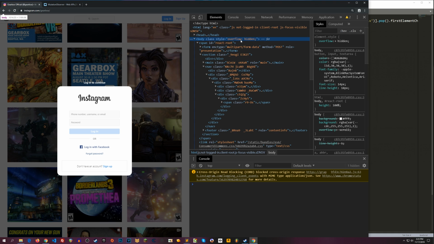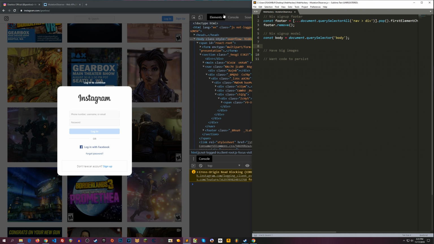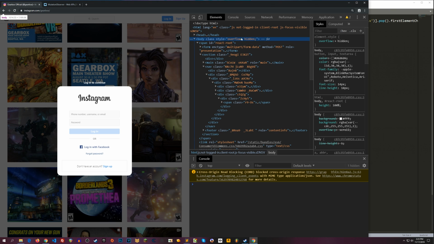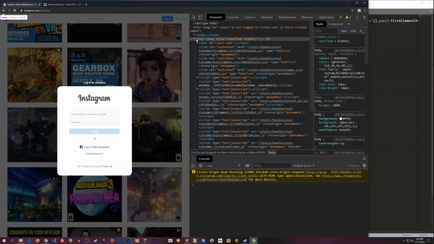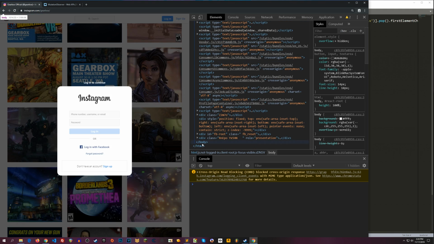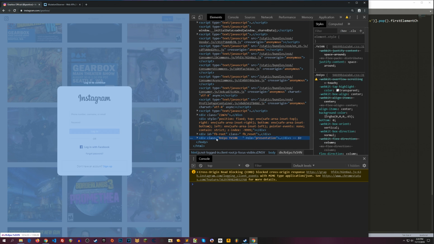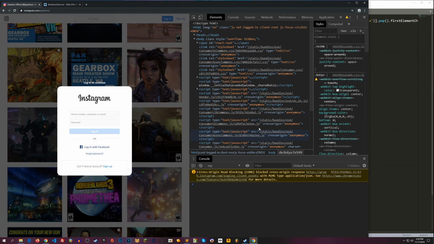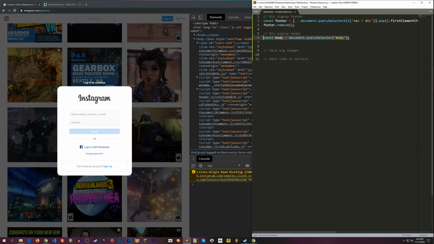Boom, right? When the modal pops up, this style gets applied. So we get a reference to the body because we can do stuff with the style. And also, the last child underneath the body ends up being this div. Okay? And so with those two things in mind, our jumping off point will be getting a reference